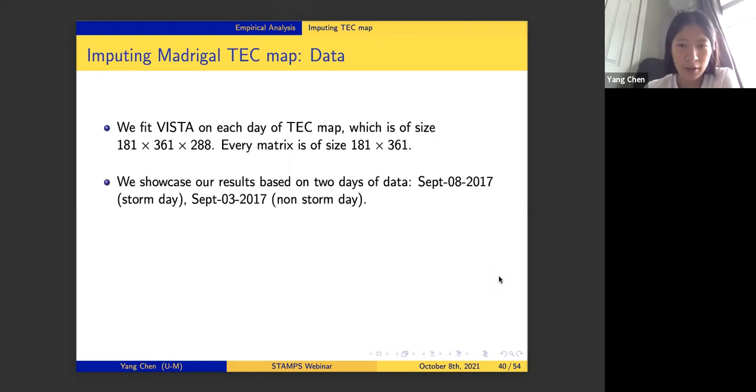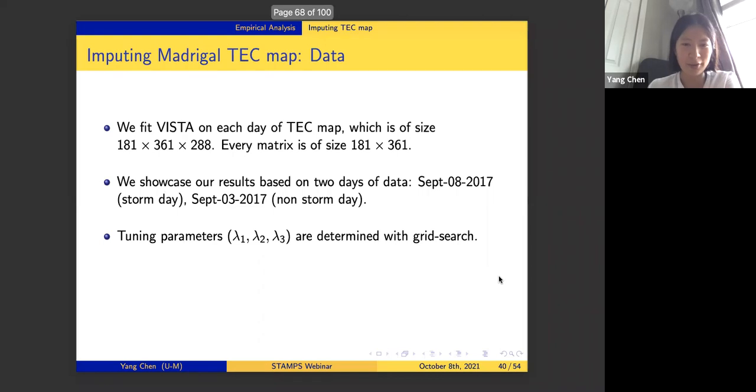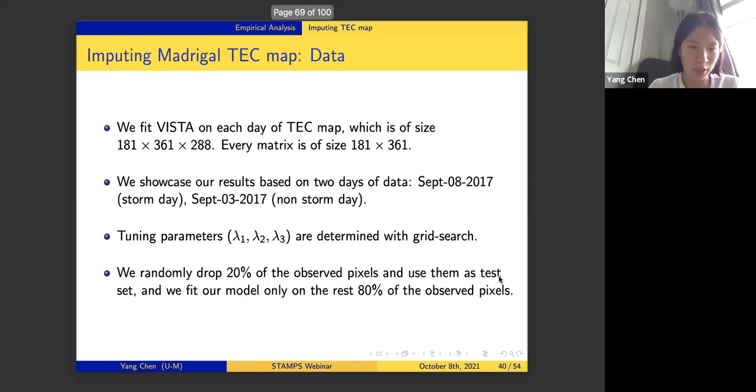We want to showcase our results based on a storm day and a non-storm day. The data coming from a storm day behaves quite differently from the data coming from a non-storm day, especially in terms of how much temporal smoothness you might need. Our tuning parameters are determined based on a grid search. We randomly drop 20% of the observed pixels and use them as the test set, and fit our model with the rest of the 80%